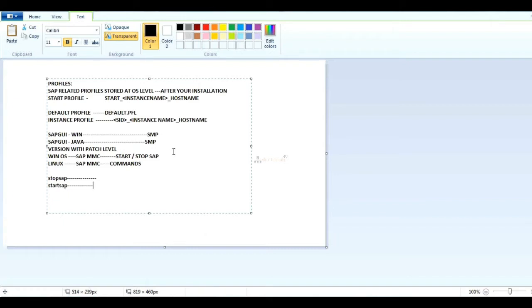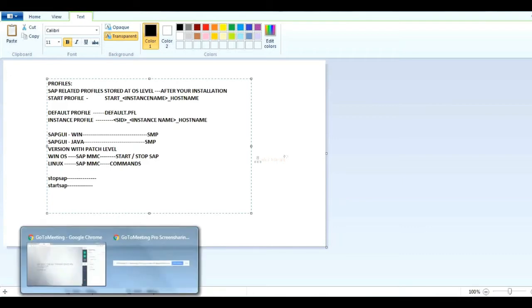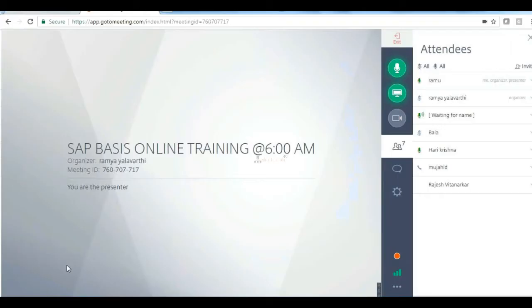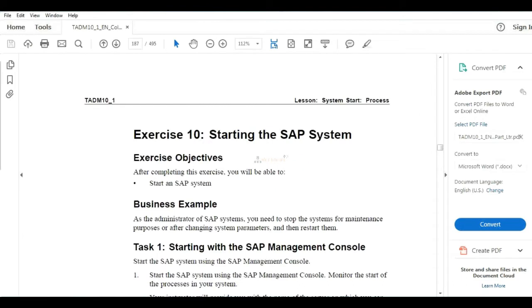What are the central services instances? Message server, enqueue server. Central services instance is my message service and enqueue service.